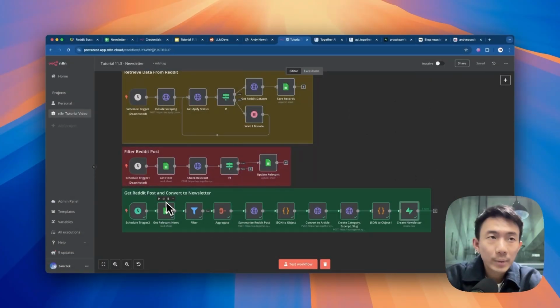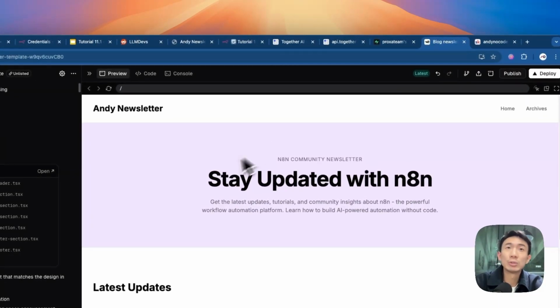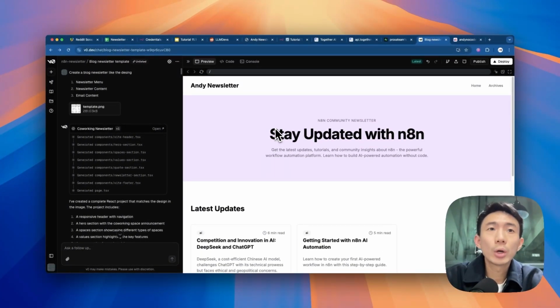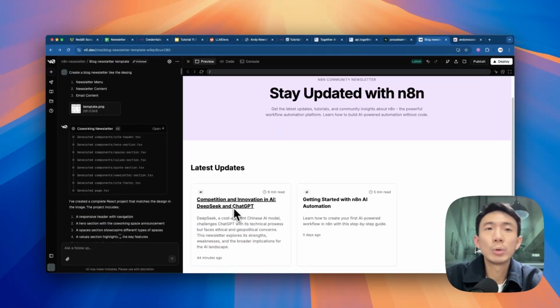All right, so basically this is the third workflow. We're going to convert the Reddit posts into the newsletter. But first of all, I'm going to show you how we use V0 to create a blog with the newsletter first. So basically, as you can see, this is our blog, and this is the newsletter we just created using